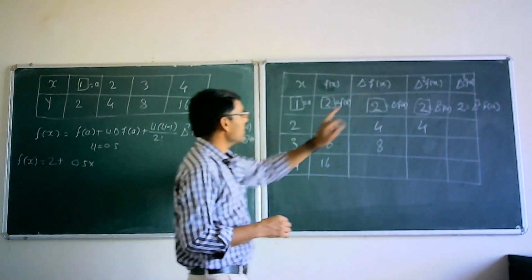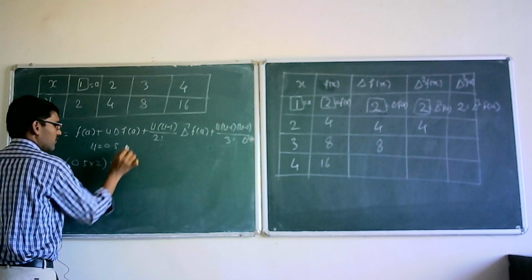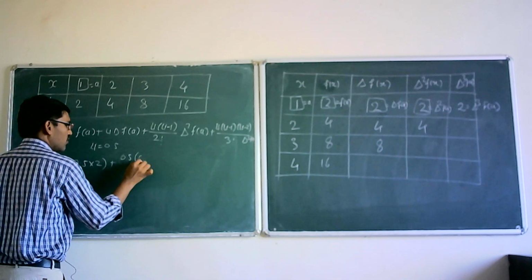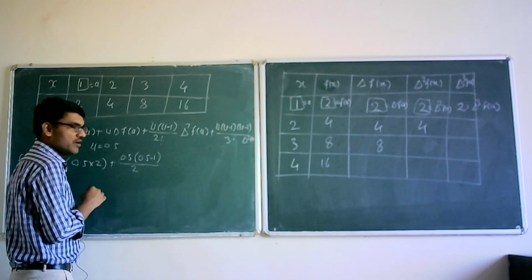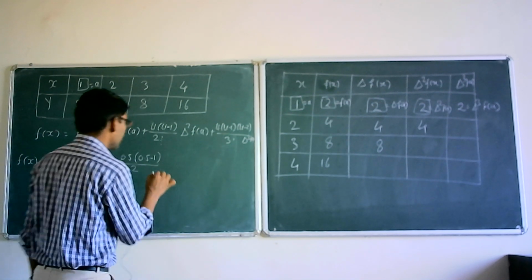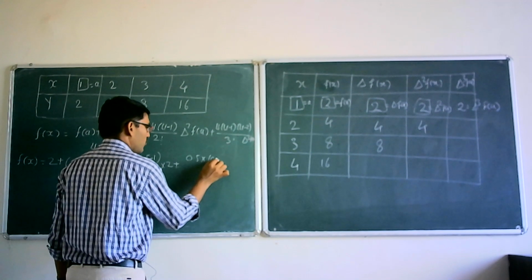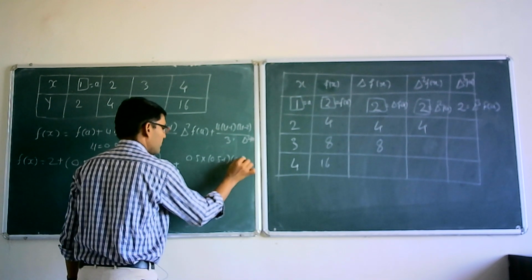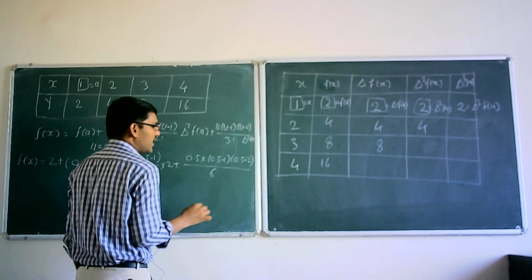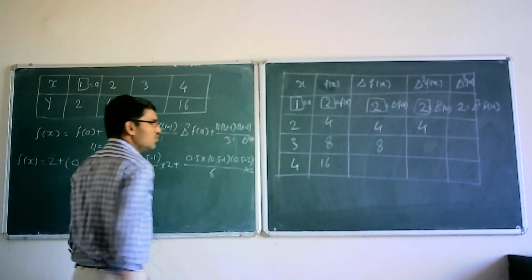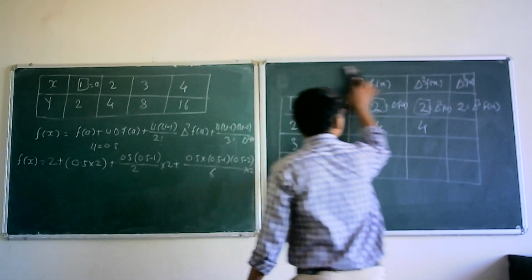Delta f of a is again 2, plus 0.5 into 0.5 minus 1 divided by 2 factorial, which is 2, into delta square f of a, which is again 2, plus 0.5 into 0.5 minus 1 into 0.5 minus 2 divided by 3 factorial, which is 6, into delta cube f of a, which is again 2. So if you simplify this, you will get